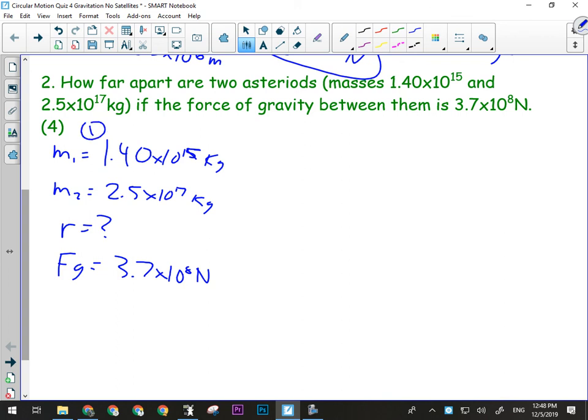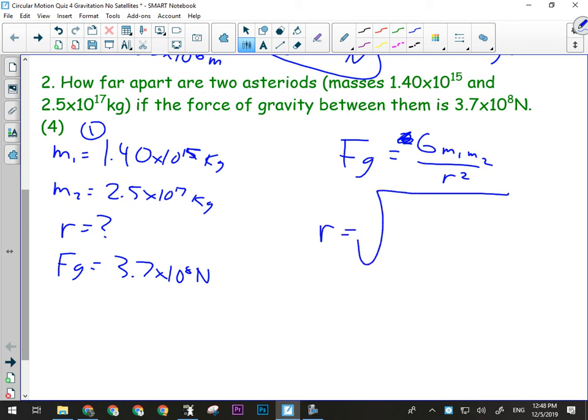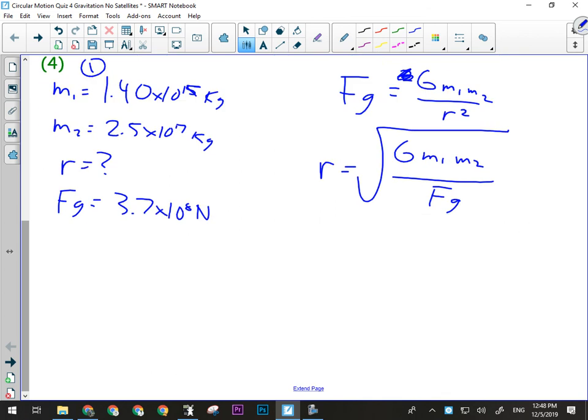So 1 mark for the givens. 1 mark for force of gravity equals big G times mass 1 times mass 2 over r squared. We have to manipulate that for r. So that's going to mean r equals the square root of big G times mass 1 times mass 2 over the force of gravity. Basically, we're just switching radius and force of gravity, and we have the square root because radius is squared. So they can have a 3rd mark for that,